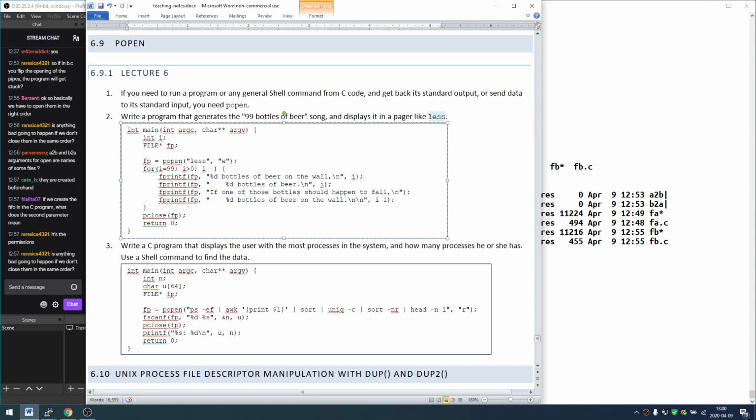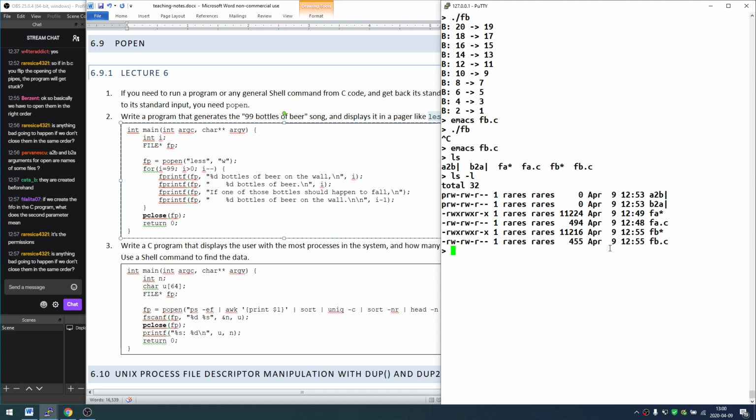Then I'm going to close it. Watch out. It's pclose. It's not close. It's a special close. All right? And what will happen is popen will start less, and it will plug in whatever I write to its standard input, and less will display it. So if you want to see this happening,